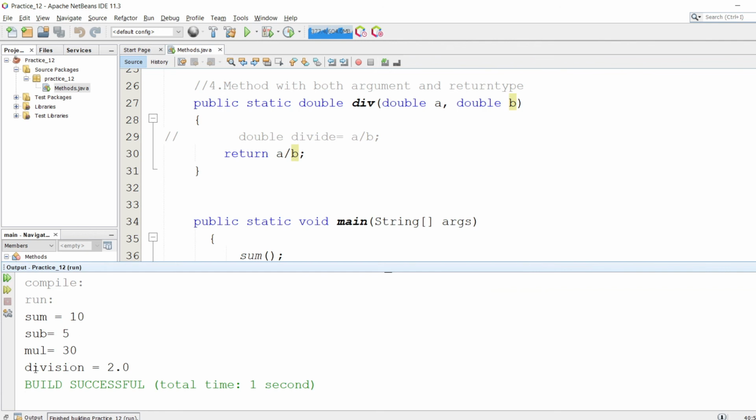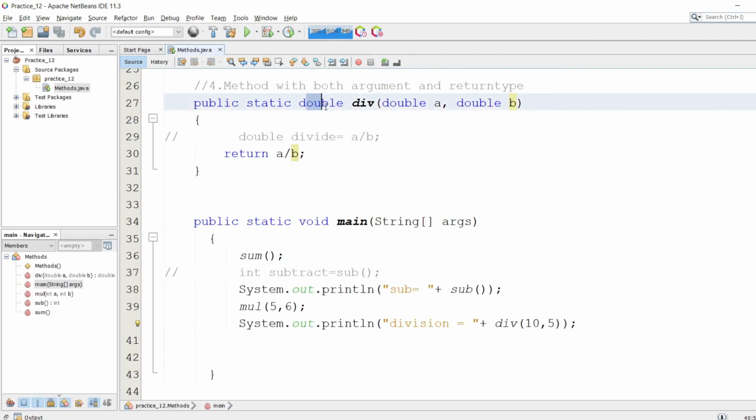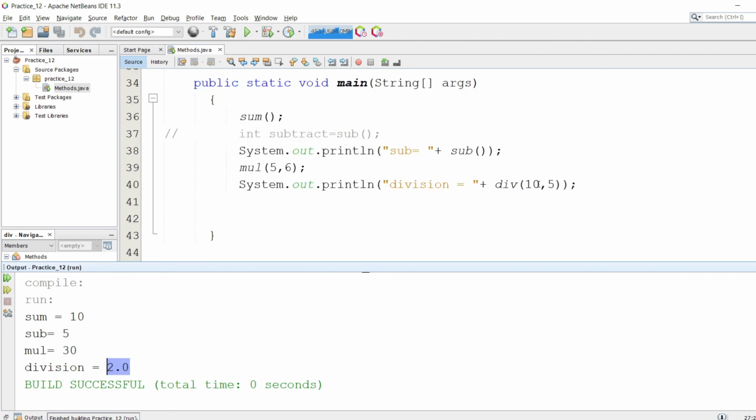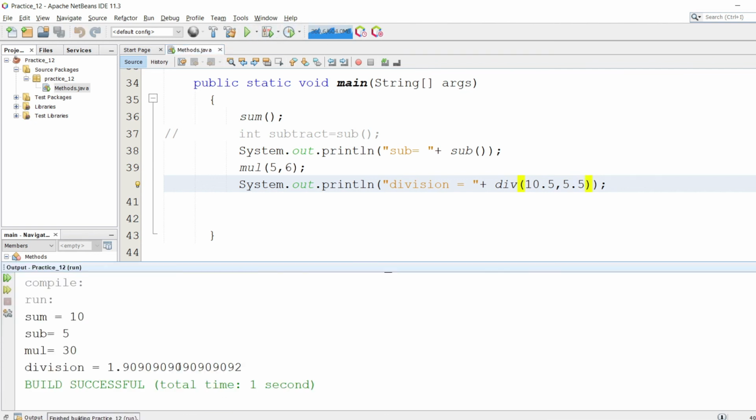As we can see, division equals to 2.0, as it's returning a double value. We can also pass double values like 10.5 and 5.5. Let's run this. It's giving the double value.